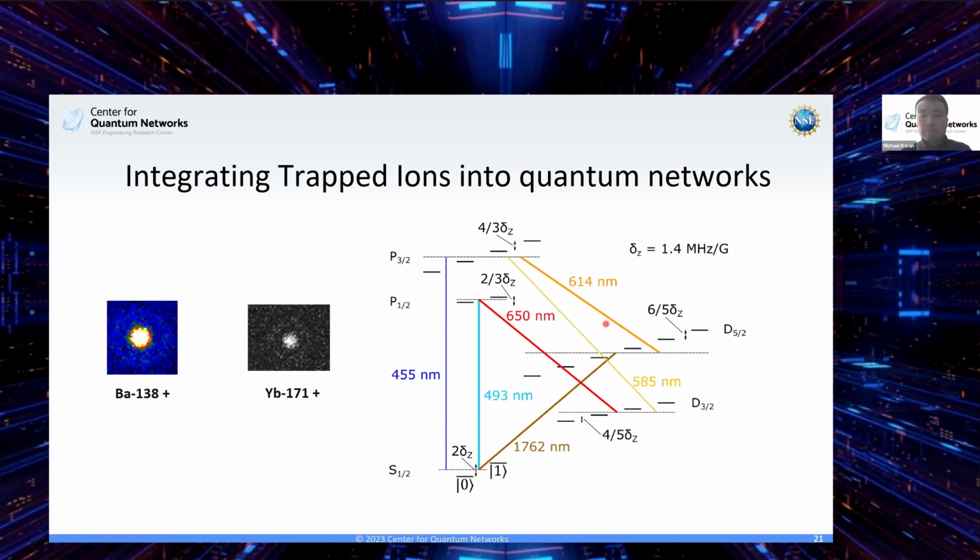That networking architecture is one suggested by Dave Weiland and Chris Monroe a few years back. In the following discussion, I'll focus on this dual species networking architecture that involves the 171 ytterbium